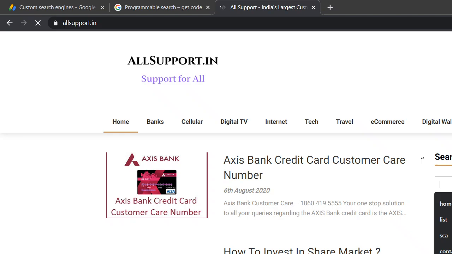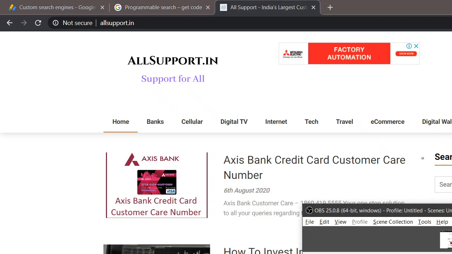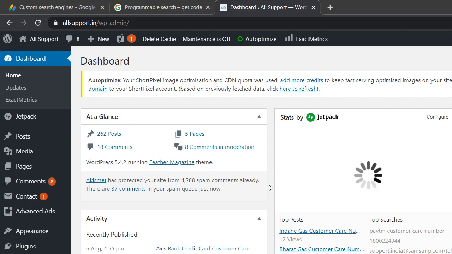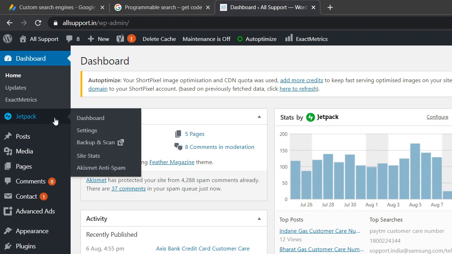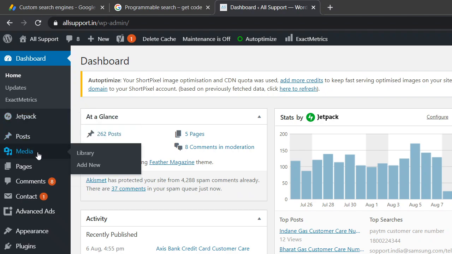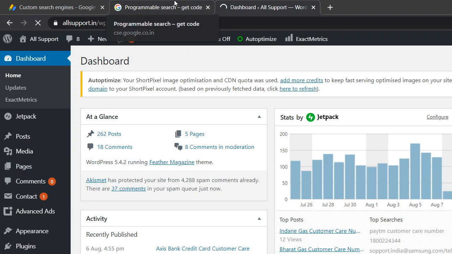I have customized this thing, but yes, I know what the issue is. Now I have actually logged into my WordPress site. What I will do is add a new page which is called search. Now create one page.